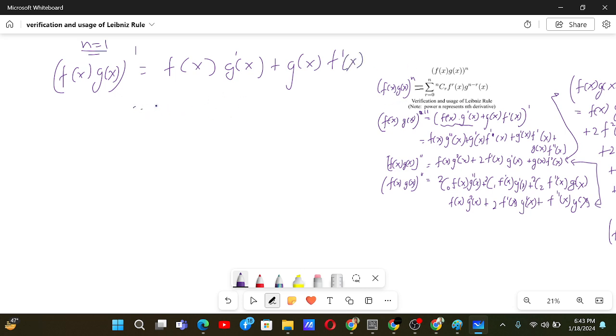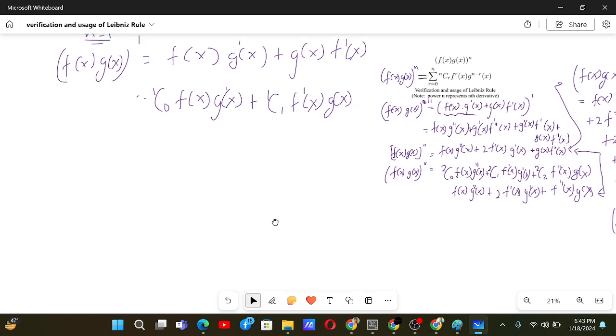If we use the formula, this is 1c0, and for f of x there will be nothing, and over 1c1 we will have f derivative, and here g will have nothing, and we will have the derivative here. So it's true. For 1 it's true. Now let's do it for